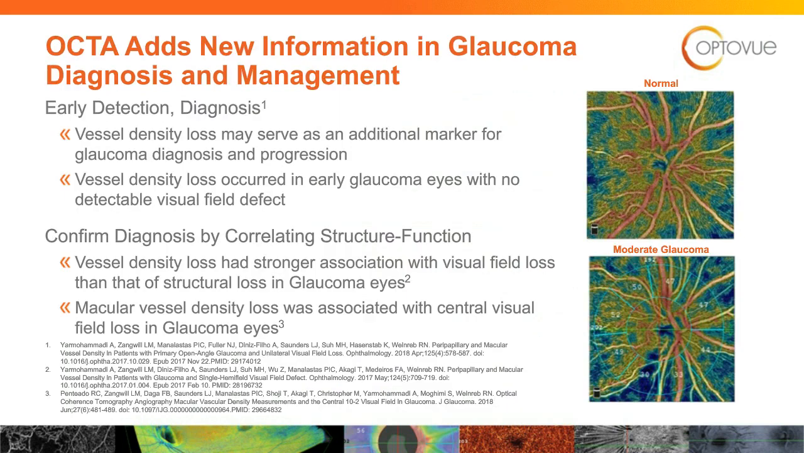Angio has now come on the scene. Here's an example on the top right of a normal angio scan, where on the bottom right we can kind of see an example of moderate glaucoma. And there's a lot of studies now looking at angio, kind of saying, okay, we understand that the angio changes as glaucoma progresses, but some of these